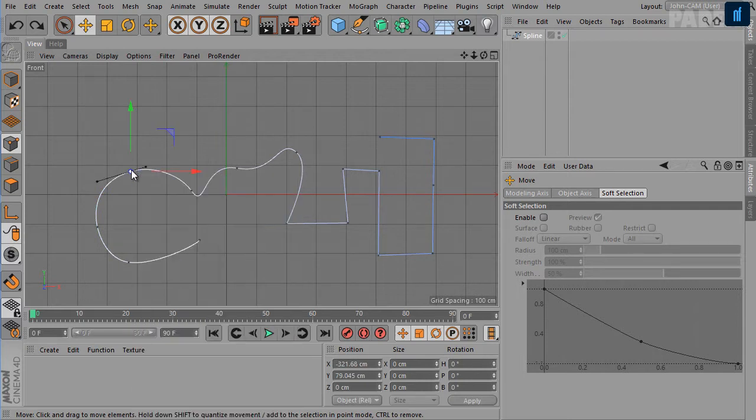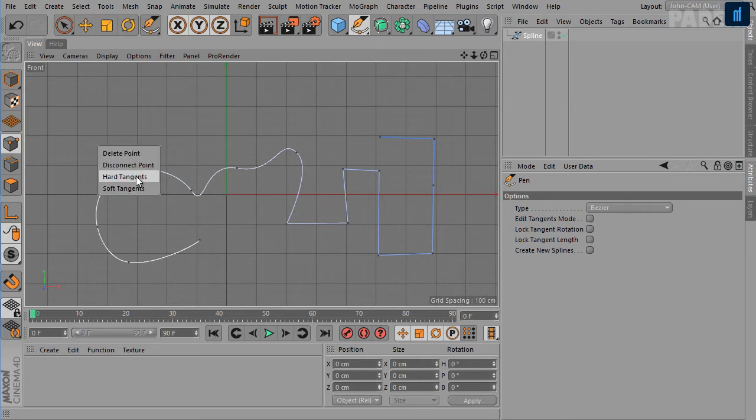Next option, if we invoke the pen tool, is soft tangents. If we have corners like this, we can right click and choose soft tangents. It will give us handles that we can manipulate to change the shape.